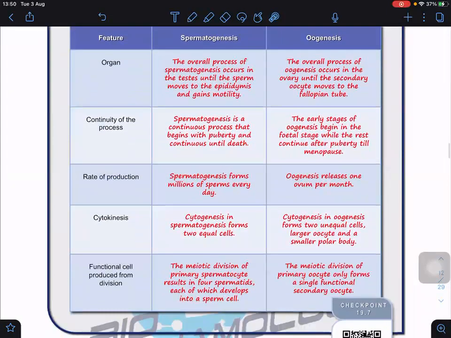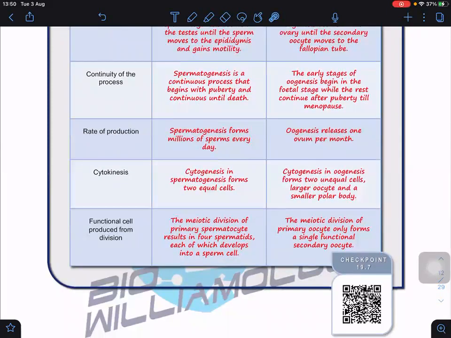As for the organs involved, spermatogenesis occurs in the testis, and oogenesis occurs in the ovary. It also involves the fallopian tube because of the development from metaphase 2 after fertilization takes place. For continuity, spermatogenesis is a continuous process, but oogenesis begins at the fetal stage, stops, and then continues after puberty till menopause. For the rate of production, spermatogenesis forms millions of sperm every day, but oogenesis releases only 1 ovum, or more precisely,